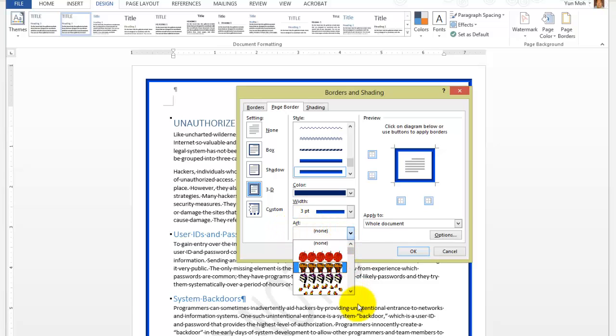So click on it, and you'll notice a bunch of somewhat silly, fun images. So if you are creating kind of a silly, fun poster for a party, Christmas party, or any kind of parties, or picnic and things like that, feel free to use this, but not for your business type documents. So scroll down past all these fun images, and then go down to a little bit more serious